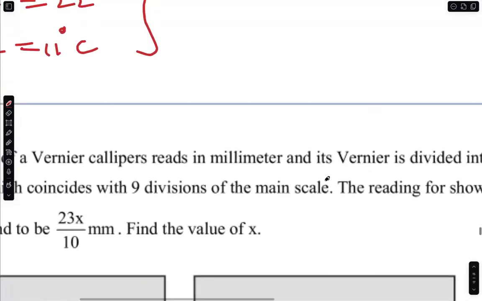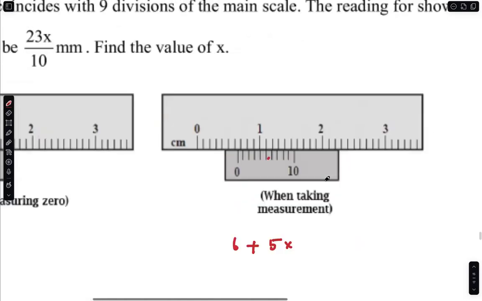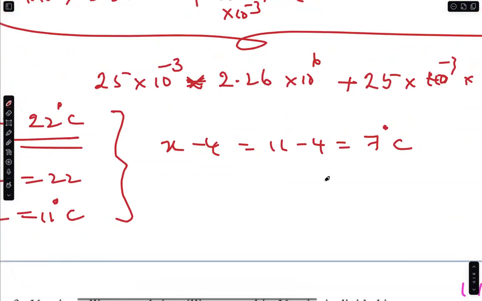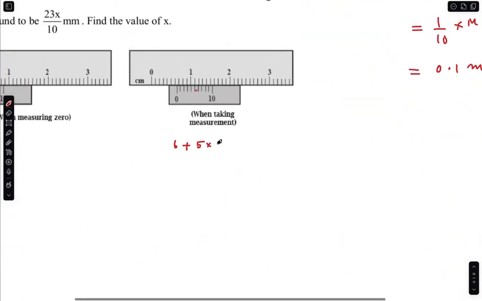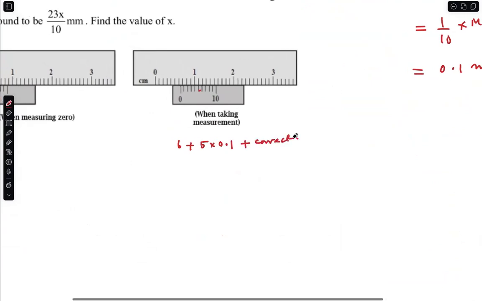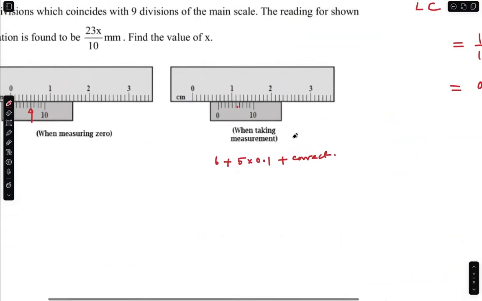So this is 6 mm plus 5 times the least count, 0.1 mm, plus the correction. That's what you need to have here, plus correction. Okay, 6.9